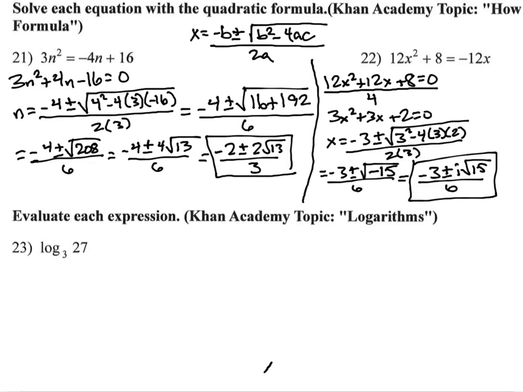Okay, evaluating each expression, logs. So I'm going to set this equal to x. And remember how to evaluate logarithmic expressions. We start with the base, so 3. We go 3 to the x equals 27. So 3 to what power equals 27? Well, to the third power. So the whole thing equals